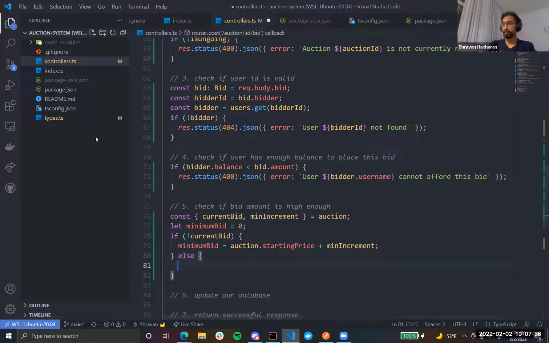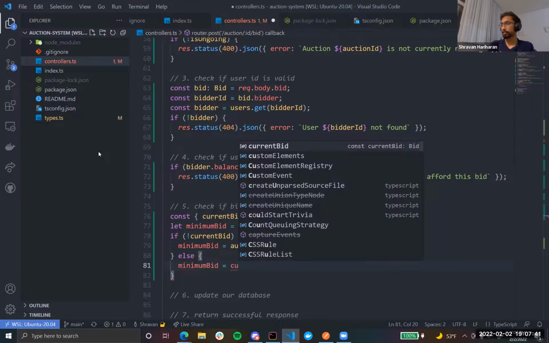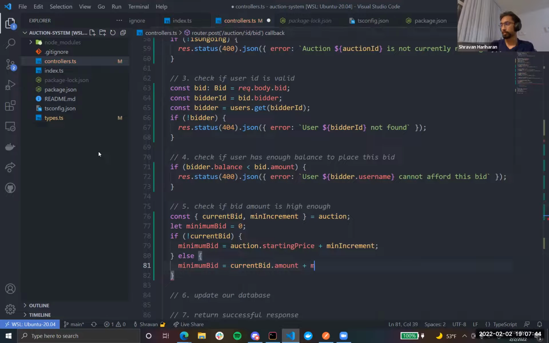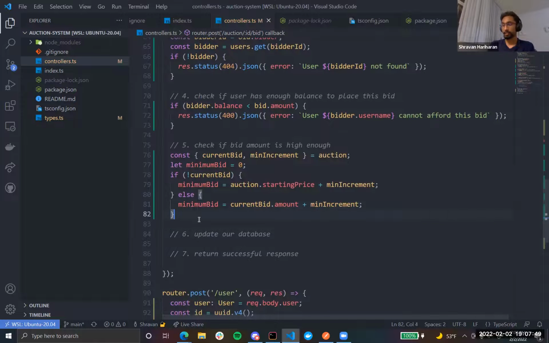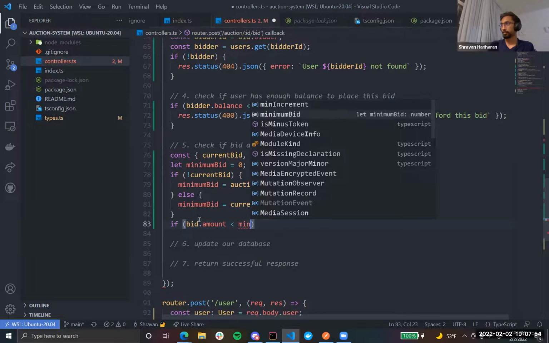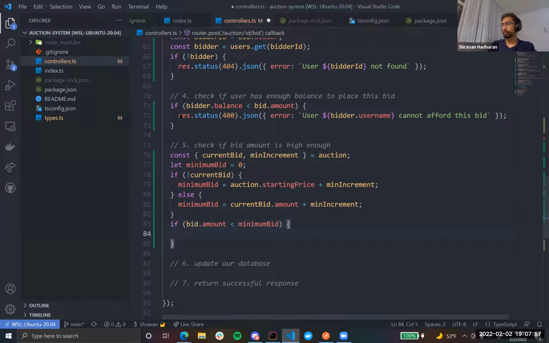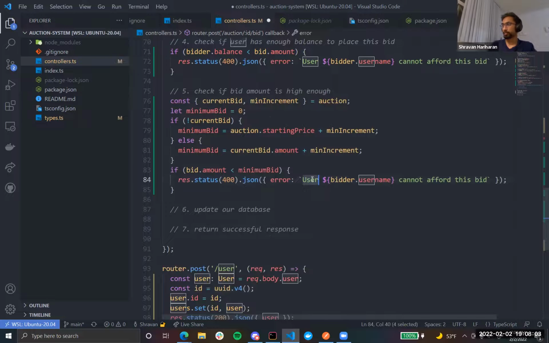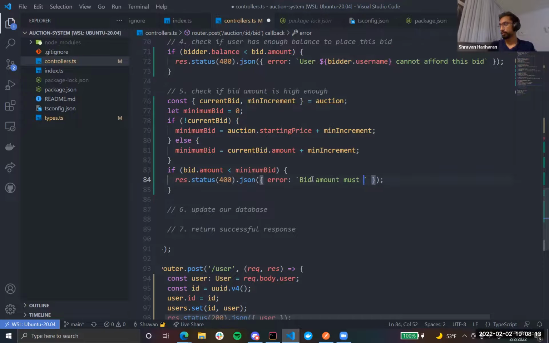Otherwise, if there is a bid already on the item, then we have minimum bid equal to currentBid.value.amount plus minIncrement, right? And then what we just need to check is if the bid amount is less than the minimum bid, then we throw some error. That's the logic for checking the bid is high enough. So we could say something like, bid amount must be higher than